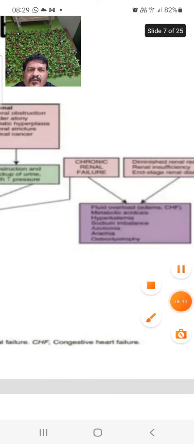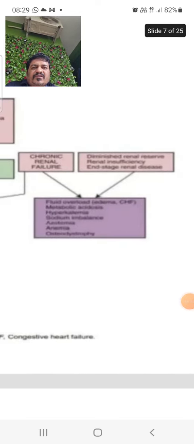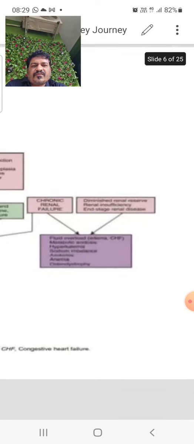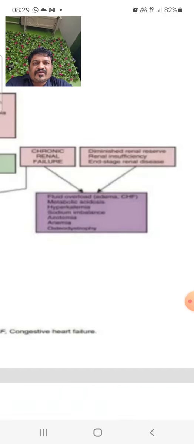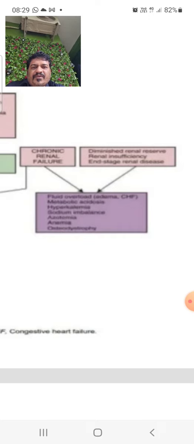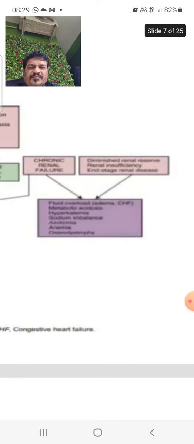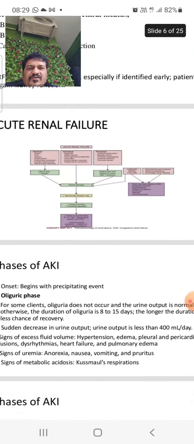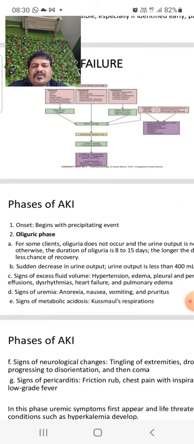Chronic renal failure, diminished reserve renal insufficiency, and end stage renal disease. We see that fluid overload may lead to ischemia, edema, and congestive cardiac failure, metabolic acidosis, hypernatremia, sodium imbalance, and anemia. So after these phases, AKI onset begins with the precipitating event, then the oliguric phase, in which